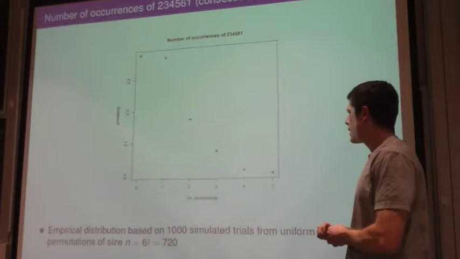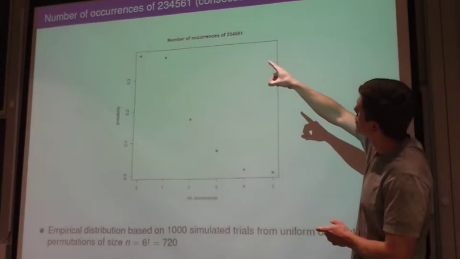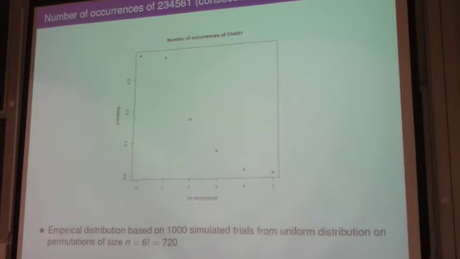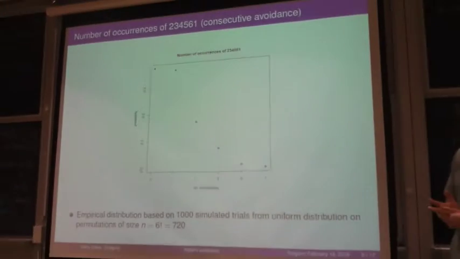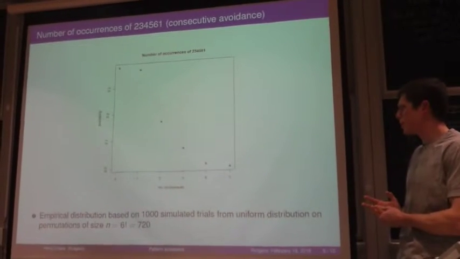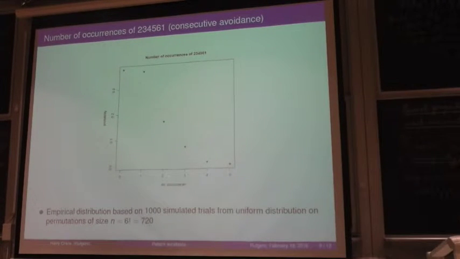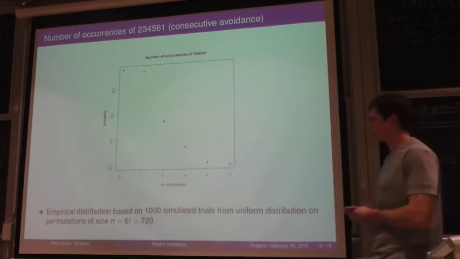So I'll take the pattern 2, 3, 4, 5, 6, 1. So that's a length 6 pattern, and I consider consecutive avoidance in a permutation of length 6 factorial, so of length 720. And by the previous theorem, we should have a pretty good approximation from the